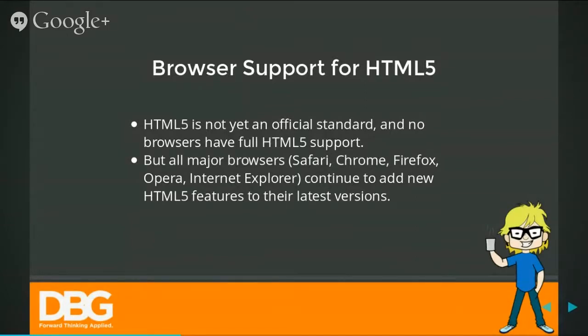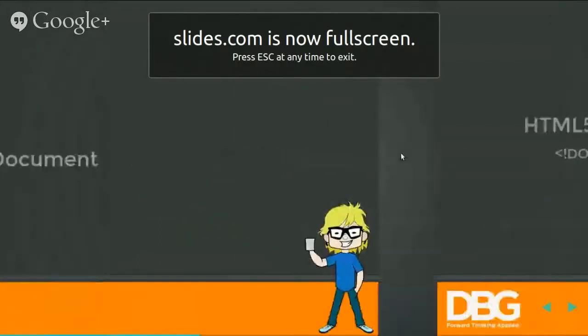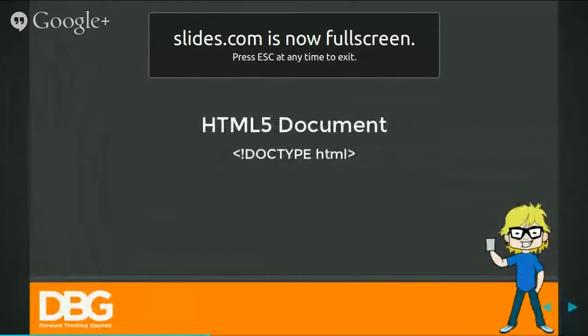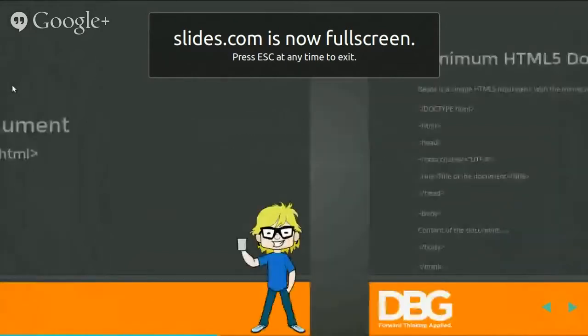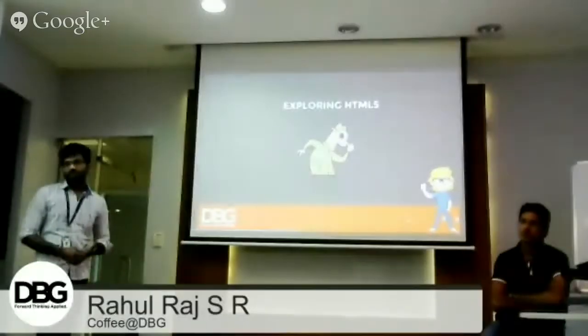So this is a basic thing, the HTML document type. Simple, just define it as doctype html. In the earlier versions, we needed to specify a long set of code to make it work. So this is a basic layout. We just need to specify html, the head tag, body tag, and in a similar way. HTML5 is nothing very different, just a few new tags got introduced.